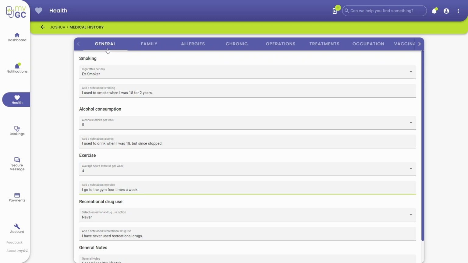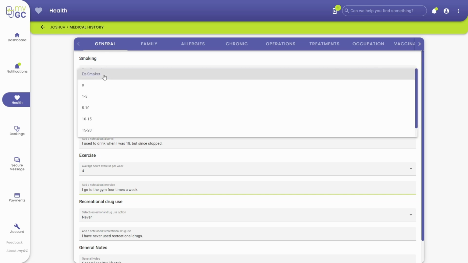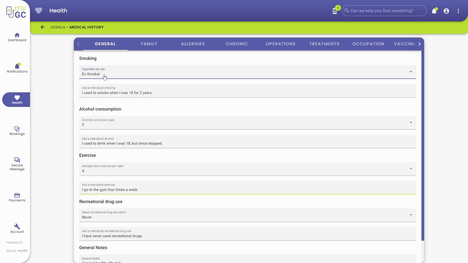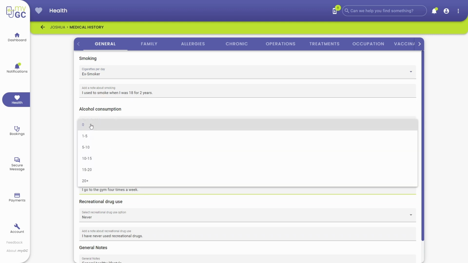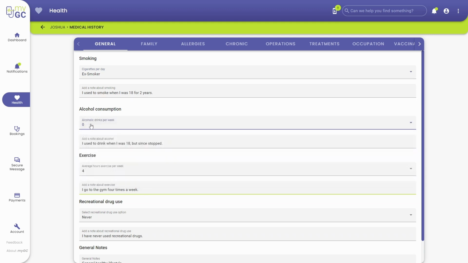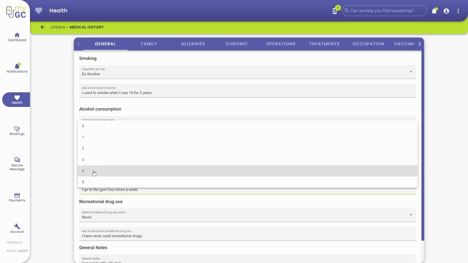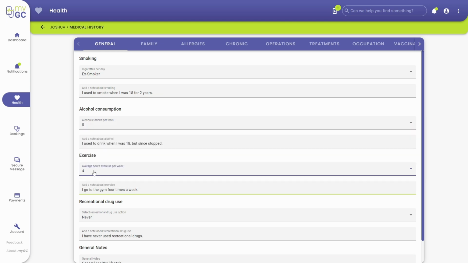Please note that below each question will be a text field where you may add additional notes regarding each respective section. Click on the cigarettes per day drop-down menu and select the amount of cigarettes that you smoke a day if applicable. Next, click on the alcoholic drinks per week drop-down menu and select the relevant option. Click on the average hours exercise per week drop-down menu and choose the amount of exercise hours done each week